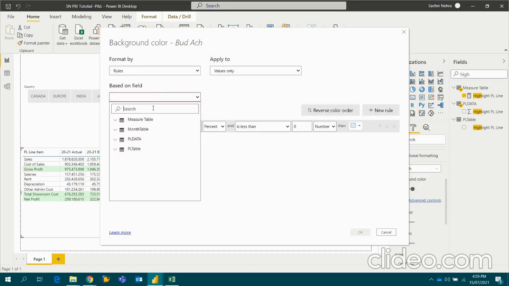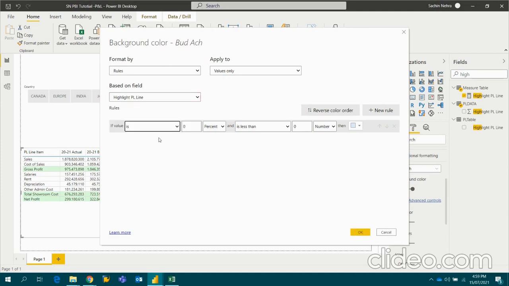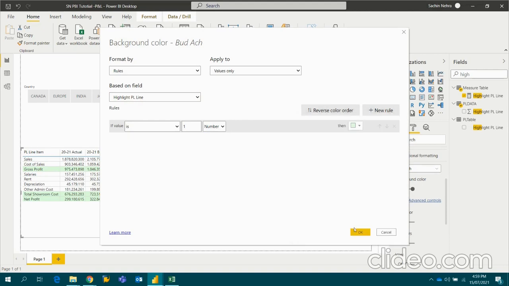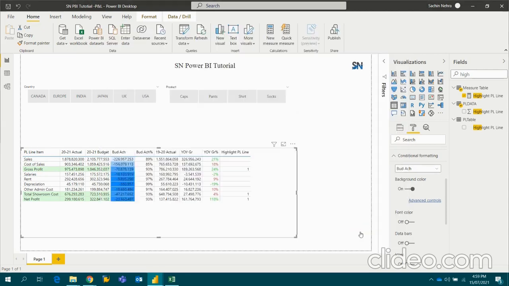It's a bit time-consuming, but since these features are not provided by Power BI as a basic or default feature, we have this workaround. Using that, you can achieve the same look of the P&L which you achieve in your Excel files. I hope you understand what I am doing and what you need to do when you prepare your P&L. This extra column, based on which we applied conditional formatting on a particular row, we can take out.